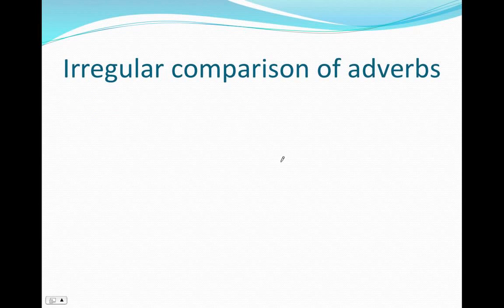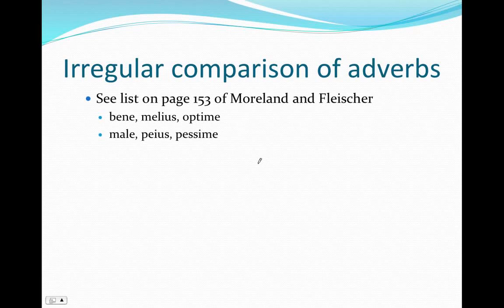Finally, as with the adjectives, there are irregular adverbs. You'll see these on a list on page 153 of Moreland and Fleischer. You can find a list of these online. But just to give you some examples, most of them, some of them, are pretty regular. So, bonus, good. The adverb is bene,